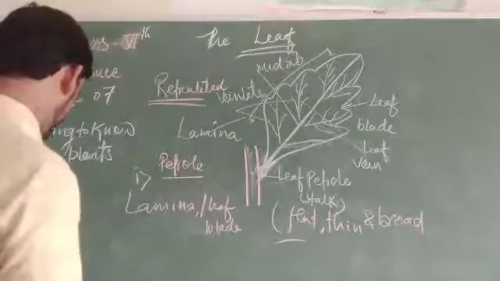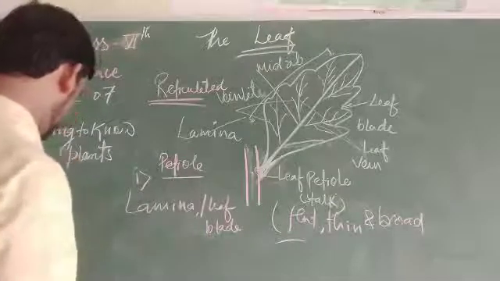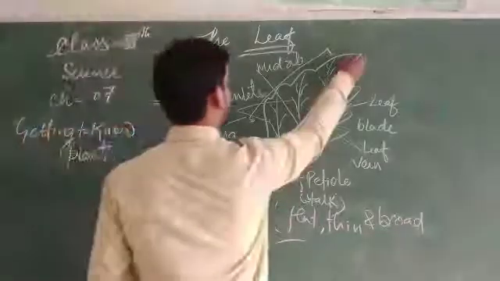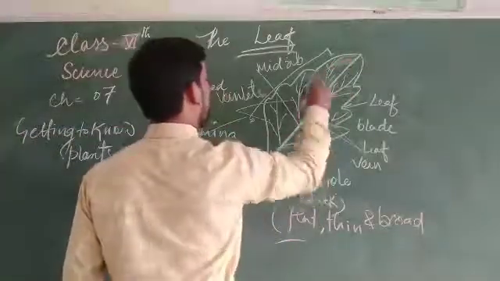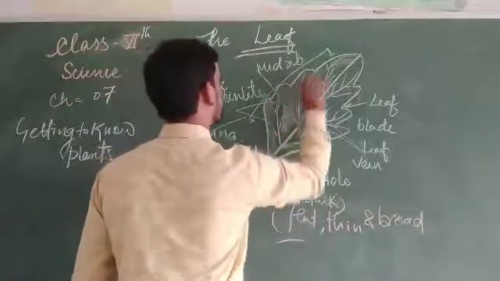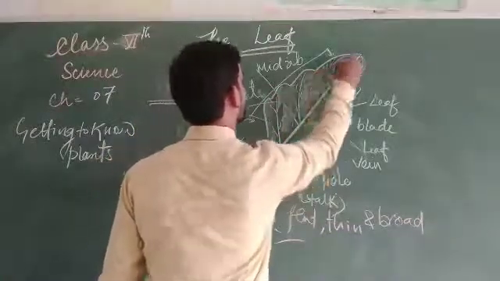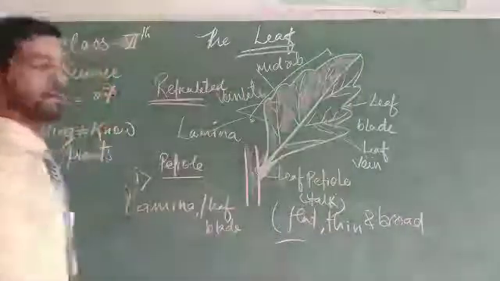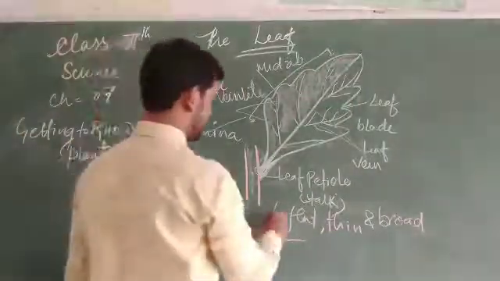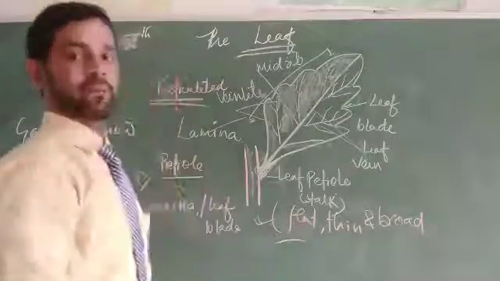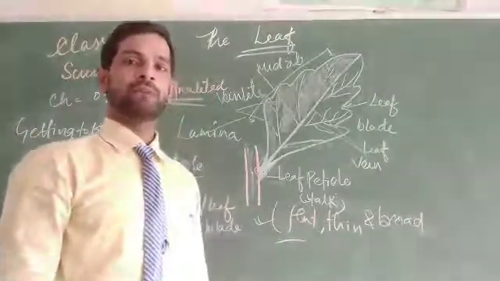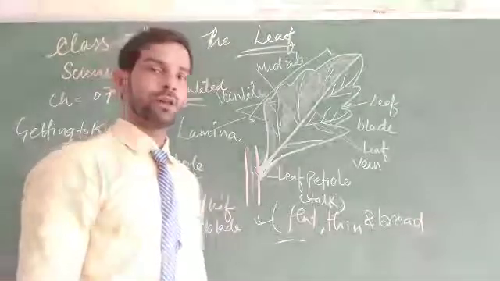The leaf lamina is the place where the food of the plant is prepared and stored. This is known as the leaf blade or lamina. It is the lamina on which the food is stored. So the most important function of the lamina is that its broad surface is very helpful for storing the food as well.